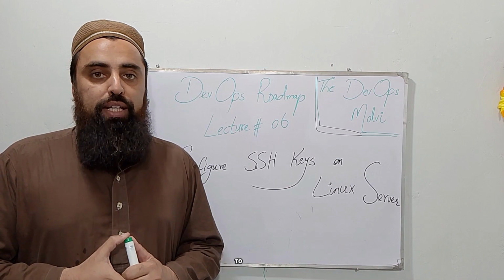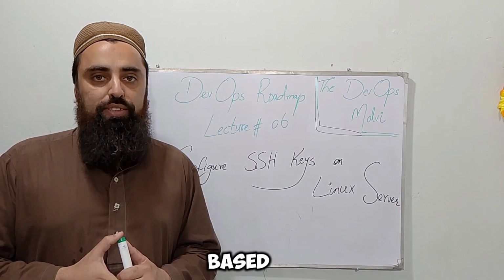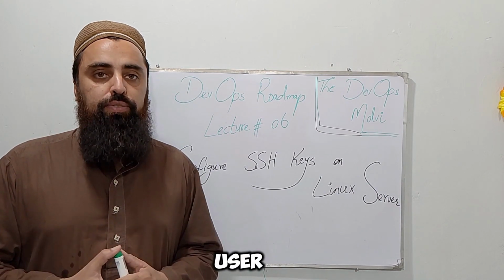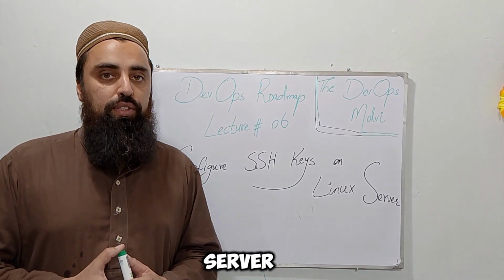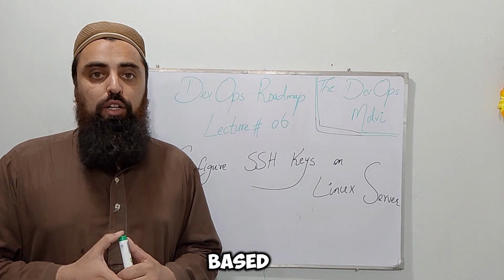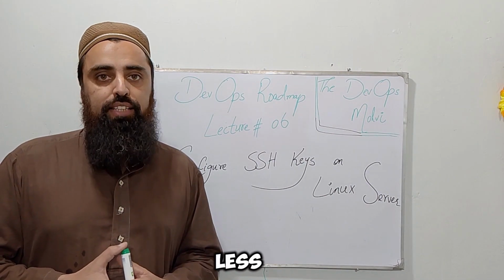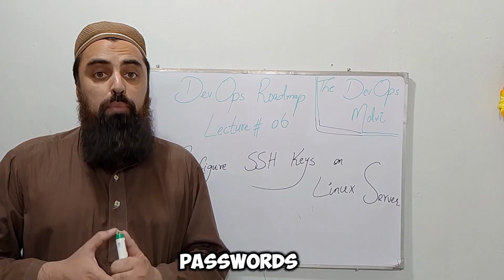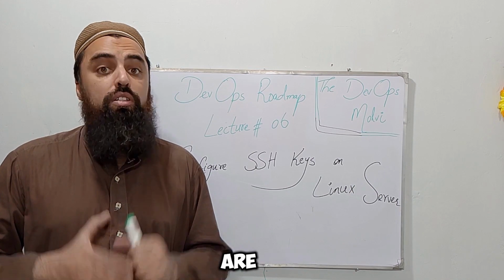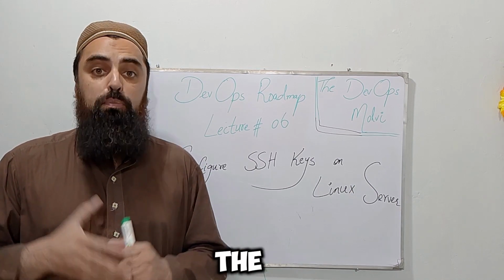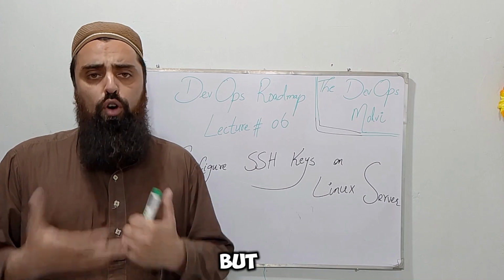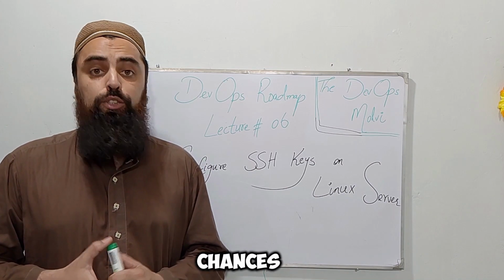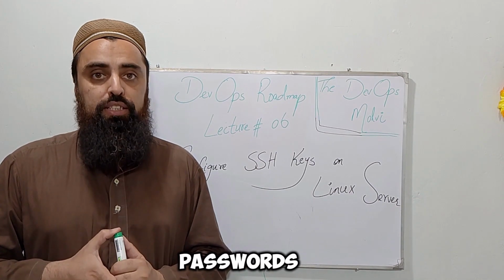The first method was to access the server using password-based authentication. As you know, I used the password of my user and then I tried to access the server from PuttyGen. But password-based authentication is considered less secure because people normally use less strong passwords. But it does not mean that the passwords are not sent in a secure manner. The passwords are secure, but normally people use less strong passwords, so there are strong chances of passwords getting brute